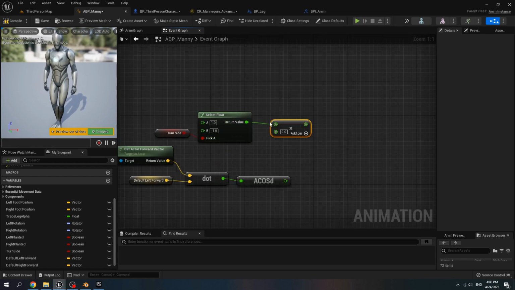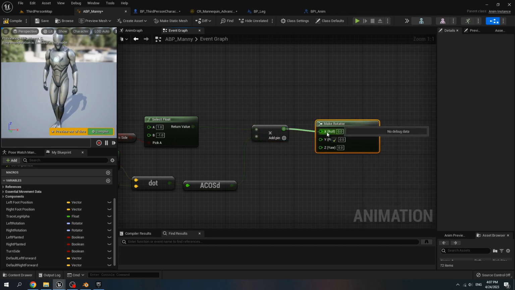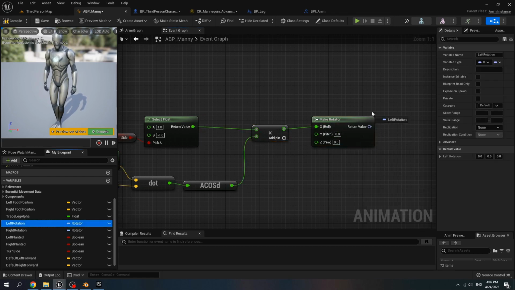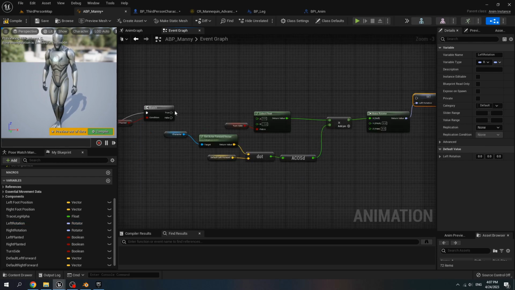Multiply it with the degree that comes from the arc cos. Make rotator, connect it to roll. Then set it to left rotation and connect it to true.